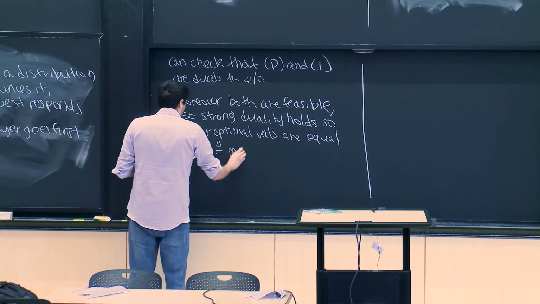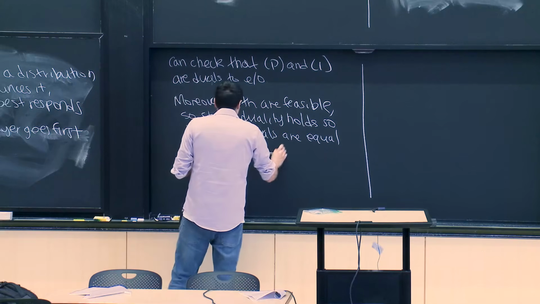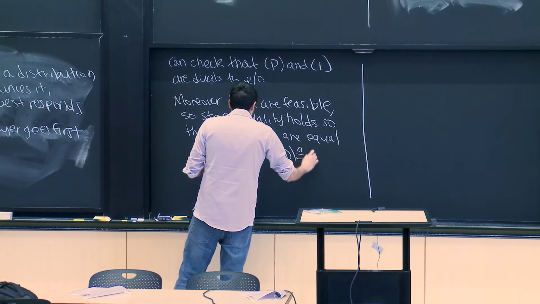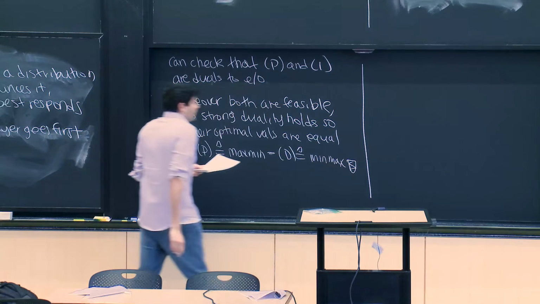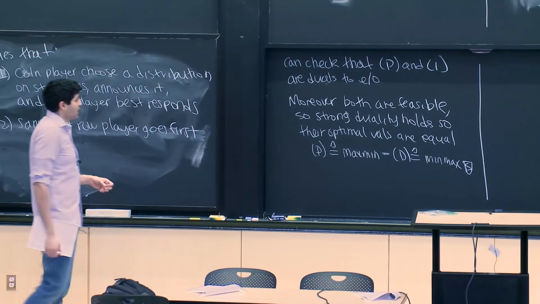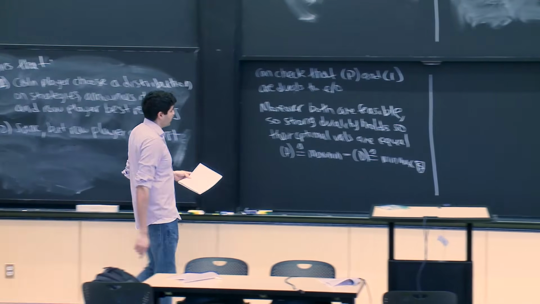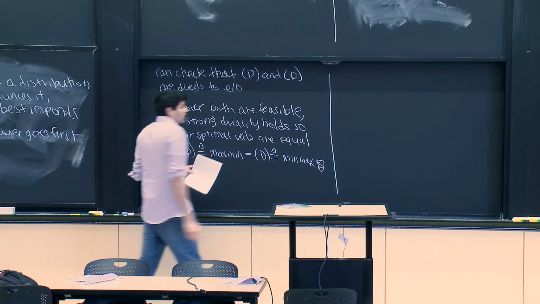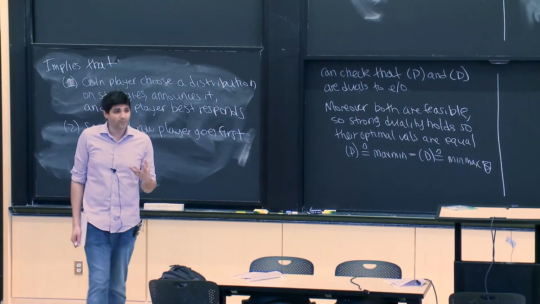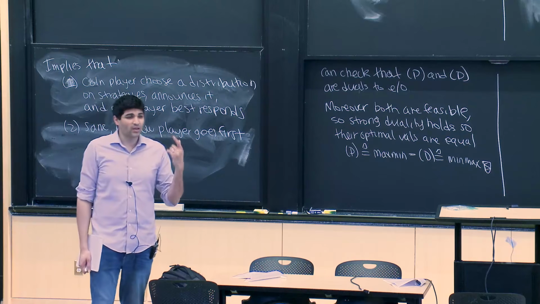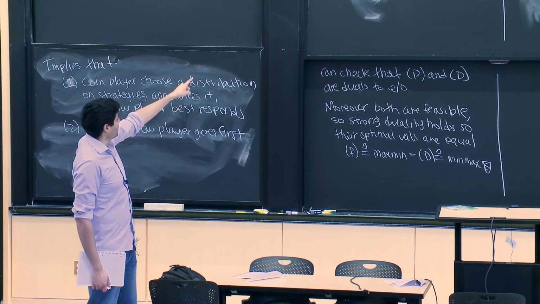P is equal to max min, which is equal to D, which is the same thing as min max. So this is not just a cool application of LP duality, but it really gives you a better way to think about LP duality. So what is weak duality? Well, one way to think about what that concept means is, when I'm in scenario P and I'm playing according to this scenario 2,